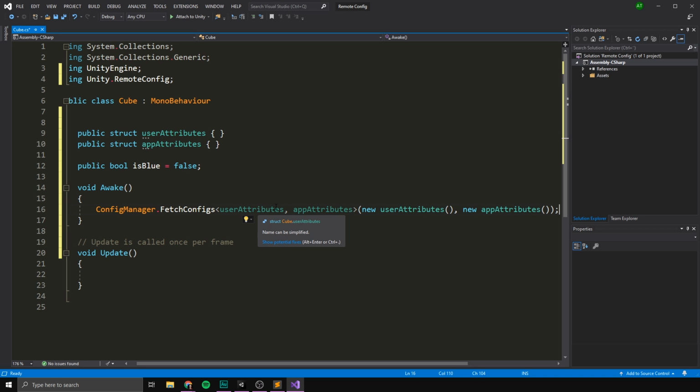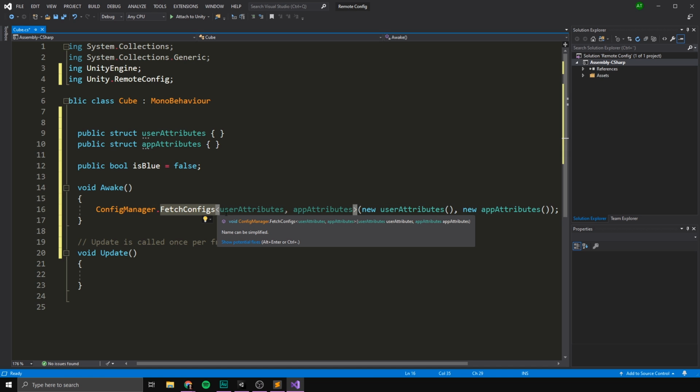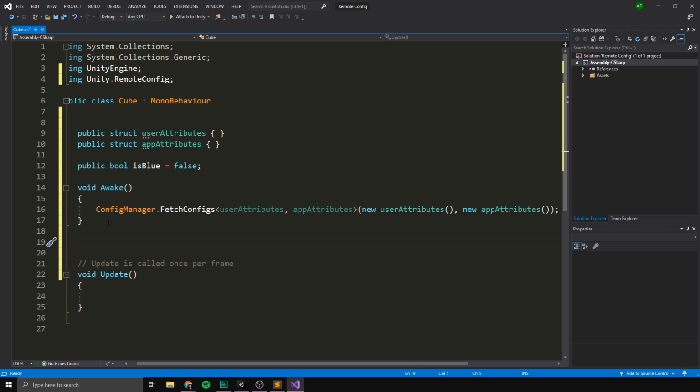For now, you can just write after me. What we're doing here is essentially just saying that we don't want to input any kind of custom attributes. We just want to use default settings. And these are going to go ahead and get all of our variables. But we also need to create a function that is going to take these variables once we get them and do something with them. So let's go ahead and create some kind of function here.